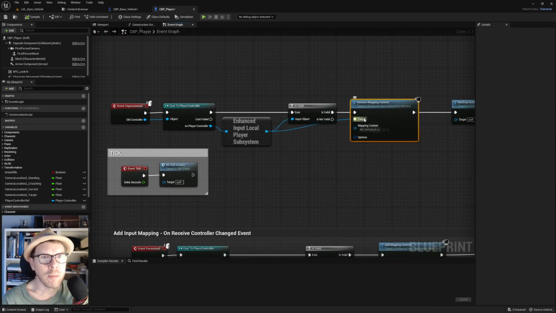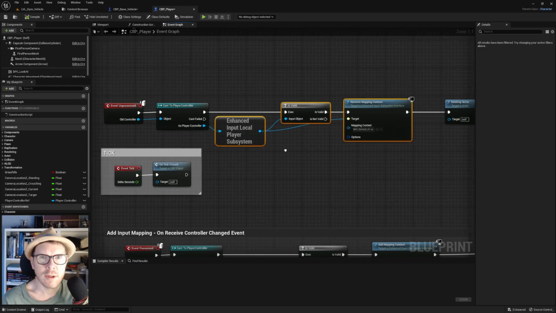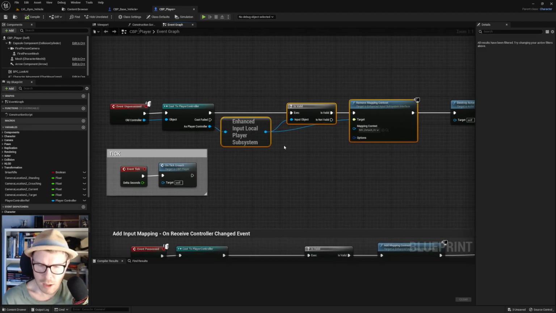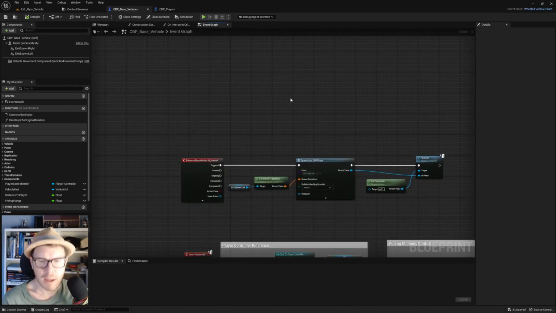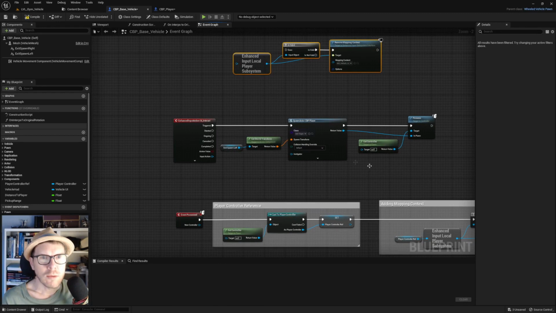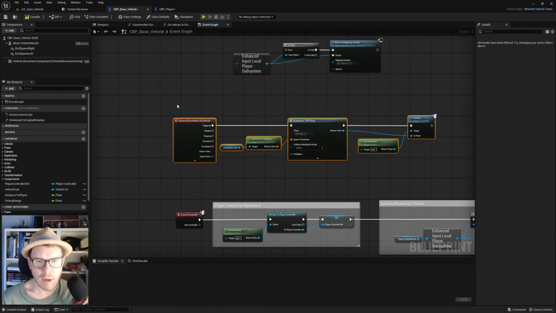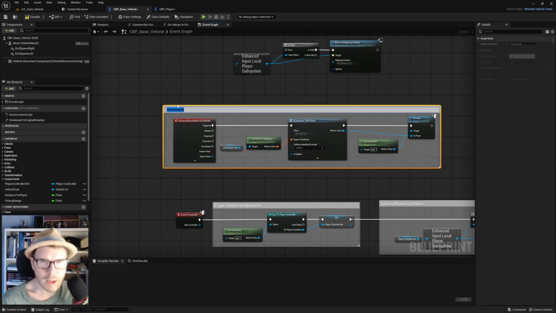So for example, the remove map context, we can snatch that one, and it's valid, and the enhanced local input. So I'm copying that one, going back to the base vehicle and pasting it. Can do some cleanup here as well. We have this input, the interact. I'm marking them all and hitting C and writing